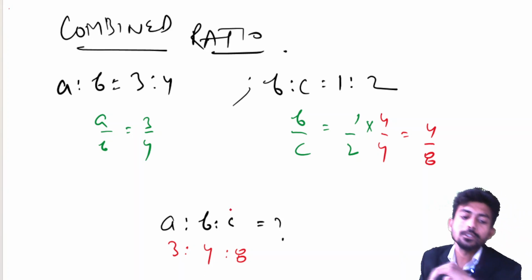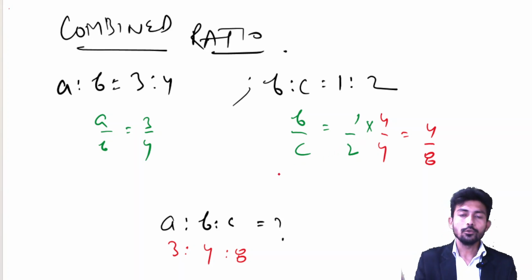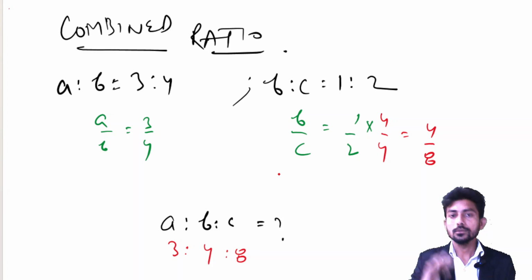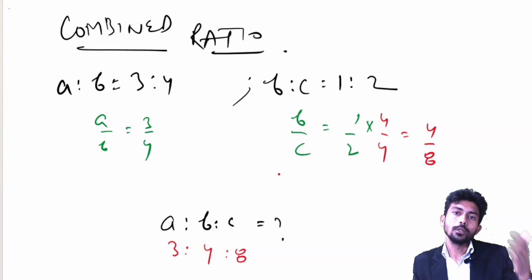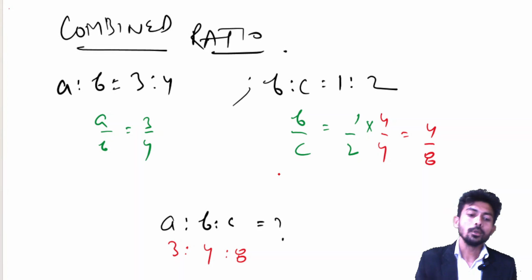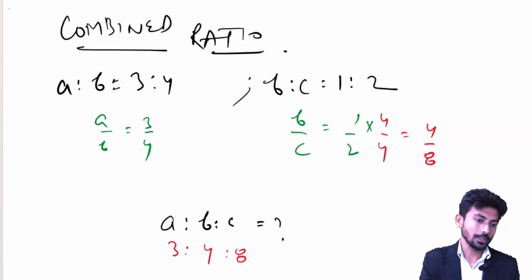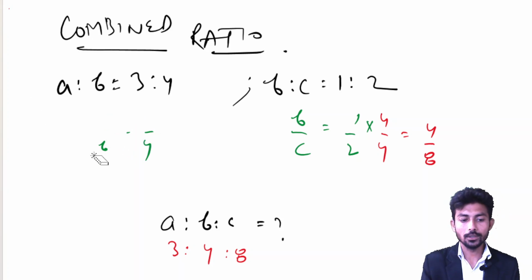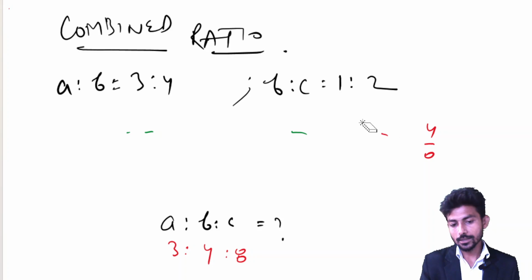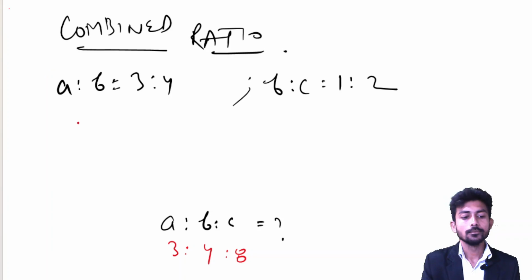But what used to happen sometimes, this method becomes complicated when we have to make same terms in both of the ratios, or sometimes it is like A ratio B, B ratio C or C ratio D. So it becomes a more difficult job to make common terms same everywhere. So rather than using this method, we can use an alternative method so that we can get the same or the correct answer. So how can that be done? See,